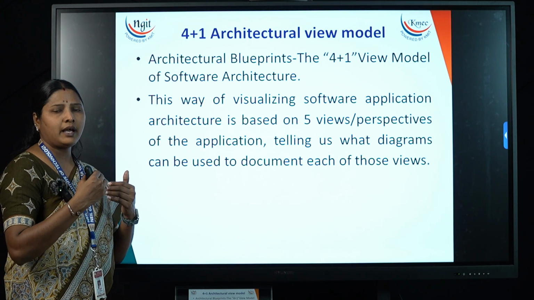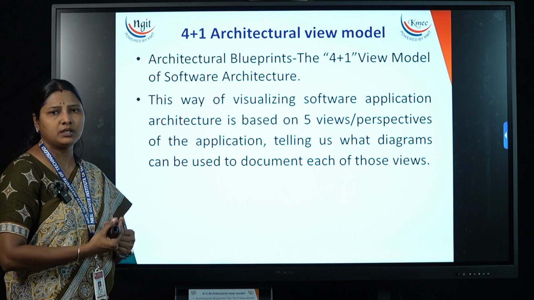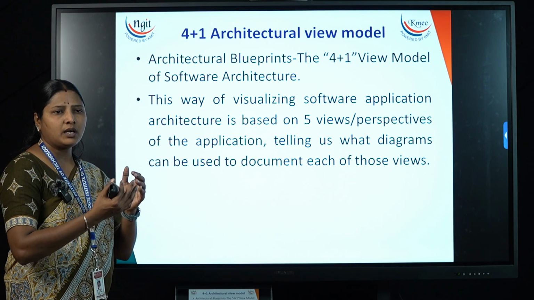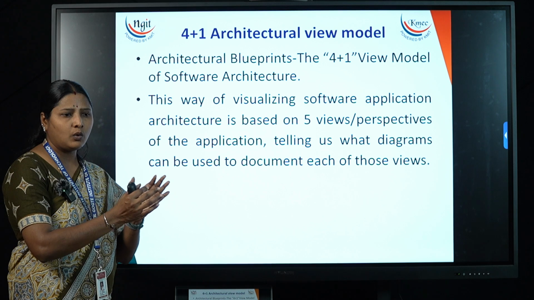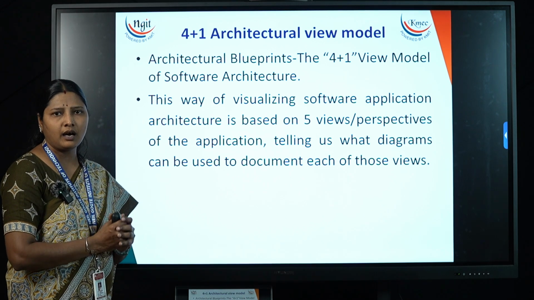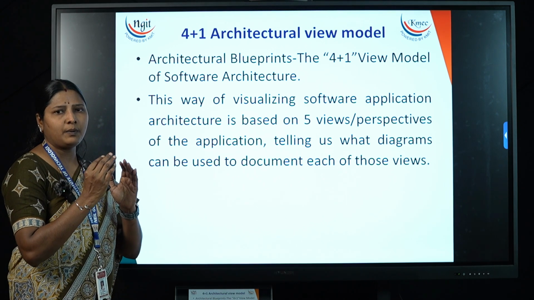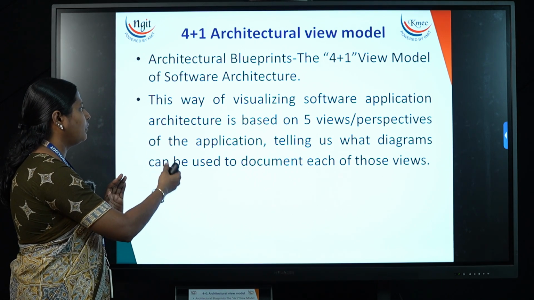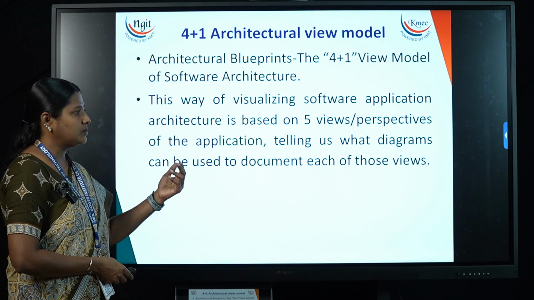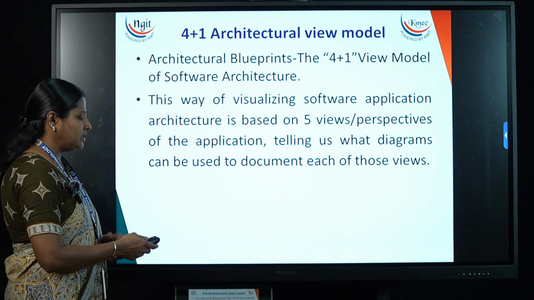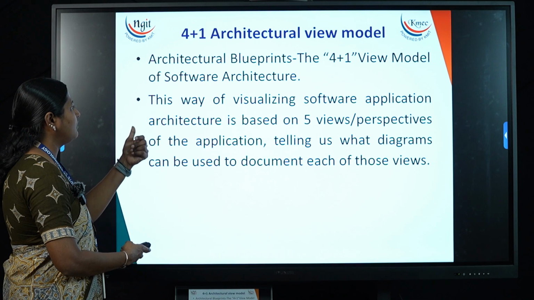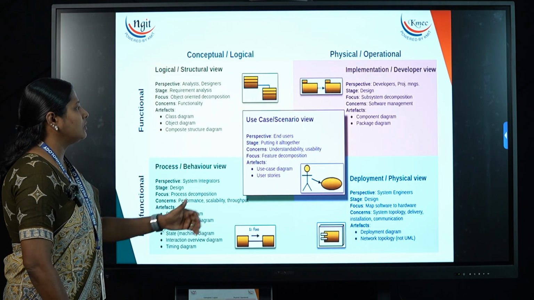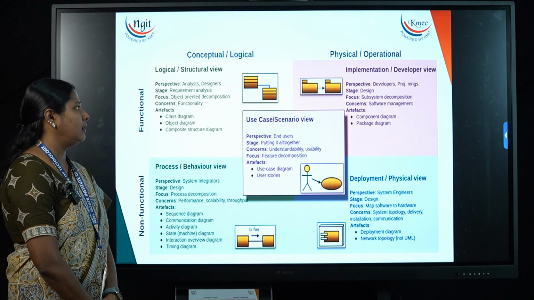If it is related to an engineering project and the developer is using the UML models, their view can be totally different. If it is totally related to databases and the total project is designed with the ER models, the view of the developer will be totally different. So from that point, we can discuss the total 5 views from the perspective of the application, depending upon how they are going to be developed. So we can see what the 4+1 architecture is and how it works. Here you can see the total 4+1 view.